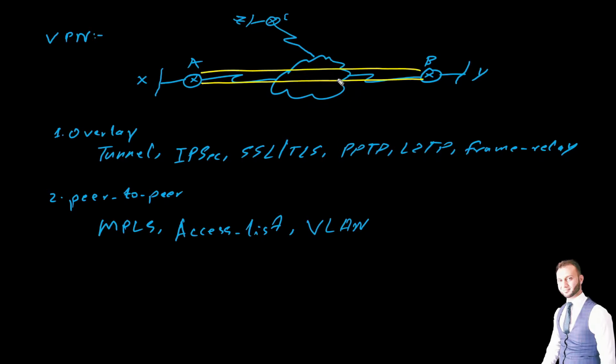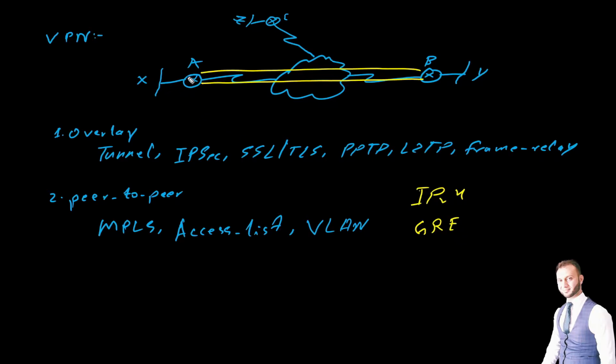Now this tunnel interface or tunnel connection could be in different modes. The two very common ones are IPv4, where only IPv4 traffic would go across this tunnel connection circuit, and the other one is GRE, generic routing encapsulation,